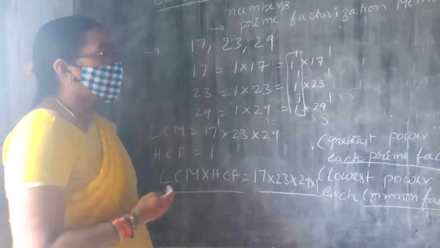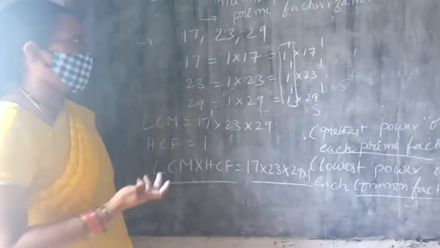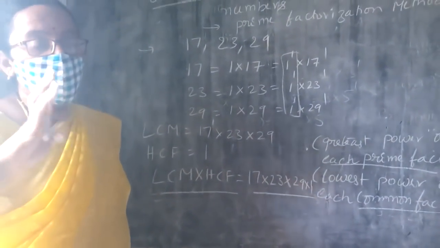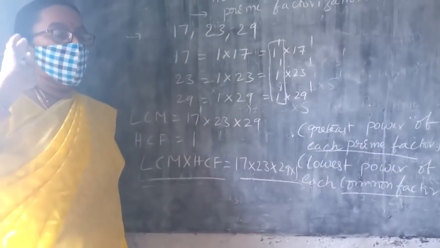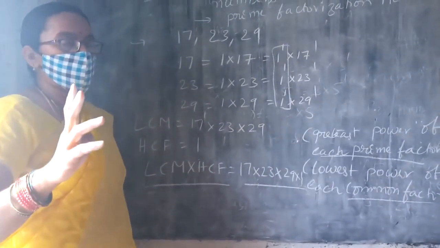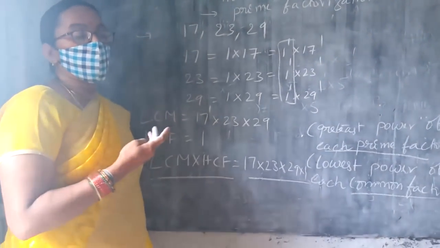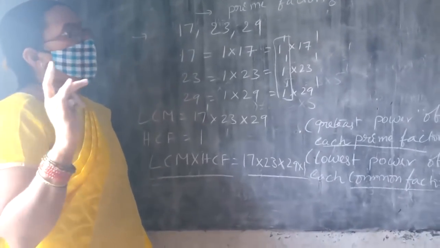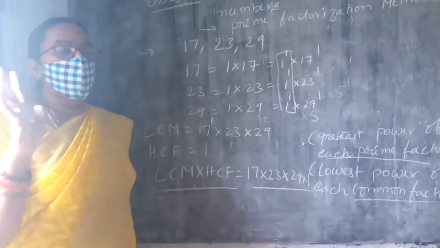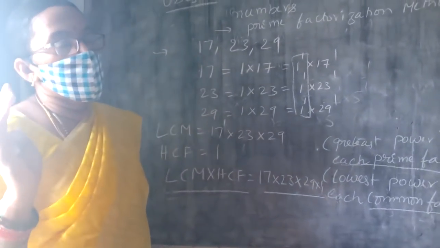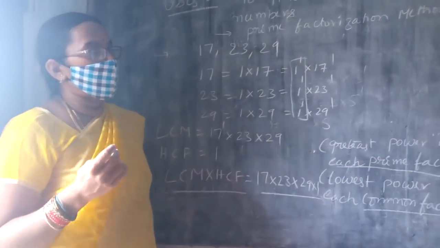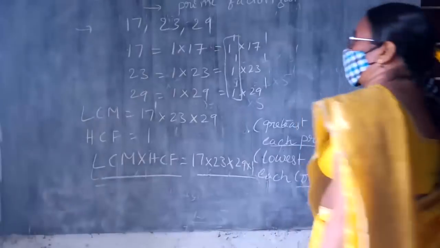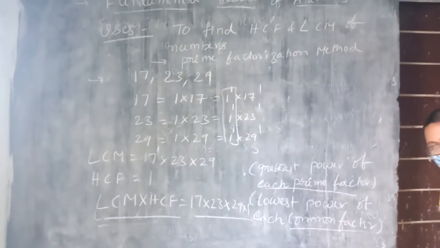In the previous class, we learned only with two numbers. In this class, we can apply it for three numbers also. Okay. Do you have any doubt? Ma'am, fundamental theorem is applicable for other numbers. We know Euclid division lemma is not applicable for rational, irrational numbers. But the fundamental theorem we apply for remaining numbers also. Rational, irrational. Now we see how we apply the fundamental theorem to other numbers. Okay. All of you, note in your notebooks.